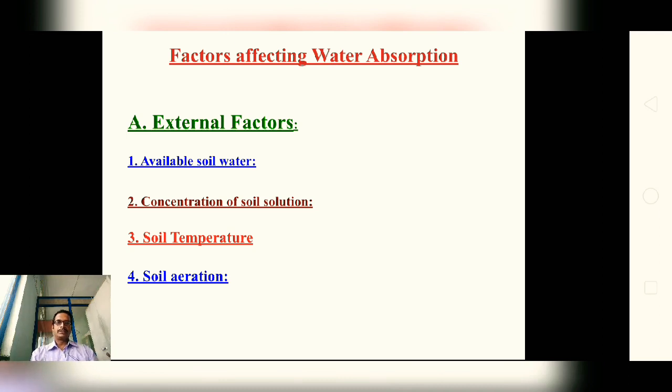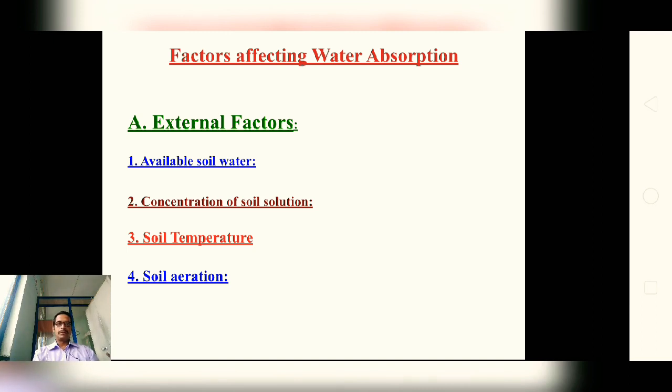The third factor is the soil temperature. About 20 to 30 degrees Celsius is the suitable temperature to absorb water. An increase or decrease may slow down the rate of absorption. Low temperature reduces the rate of absorption. At freezing, absorption is negligible. High temperature may increase the rate of absorption or even kill the cell. Elongation of roots may be formed in this.